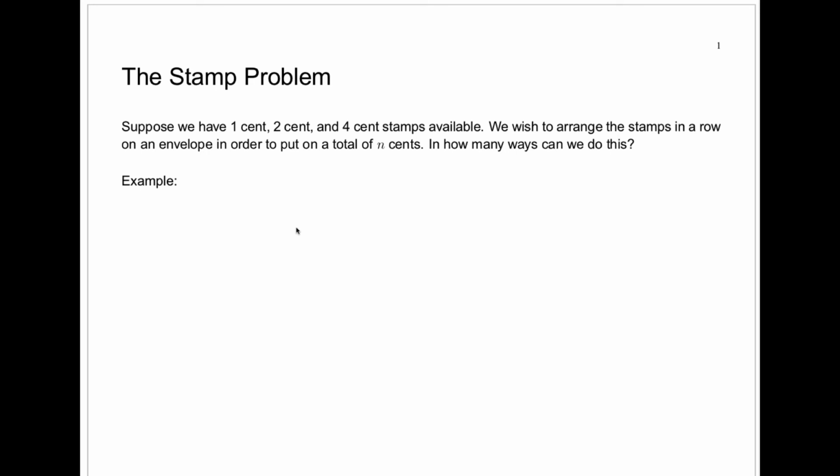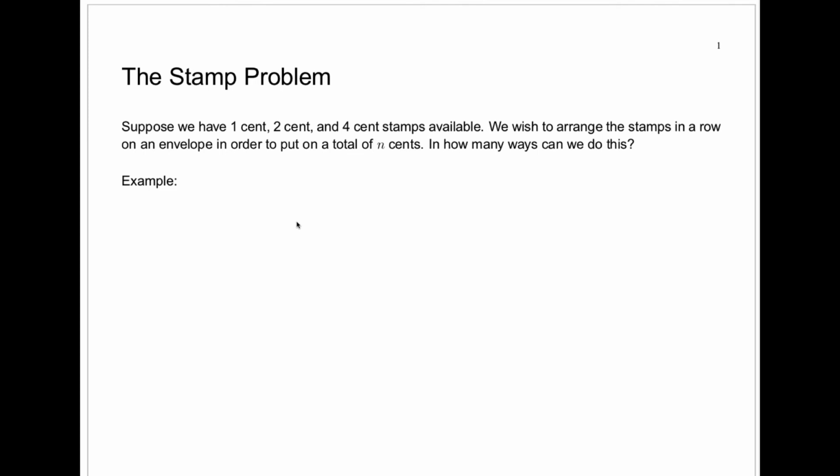In today's talk, we're going to discuss some problems which you'll find in Chapter F, for which sequences defined recursively appear very naturally. So we'll start with the stamp problem. In the stamp problem, and I'm choosing numbers that are just slightly different from the ones discussed in the book,